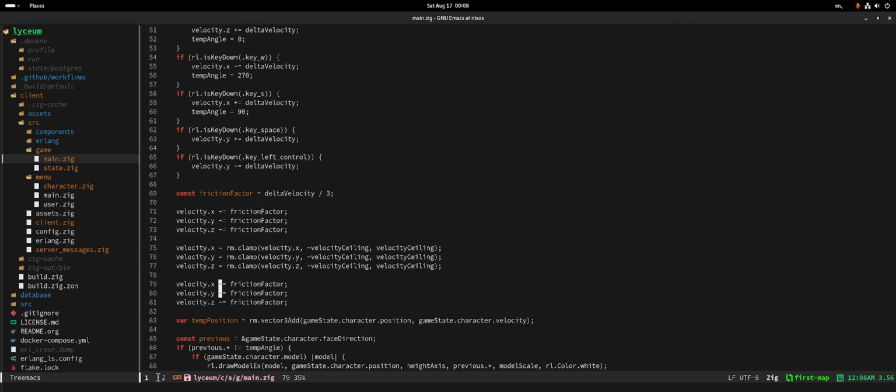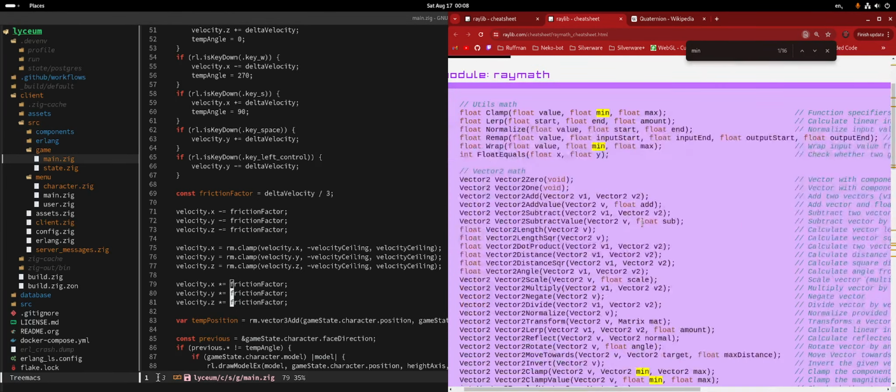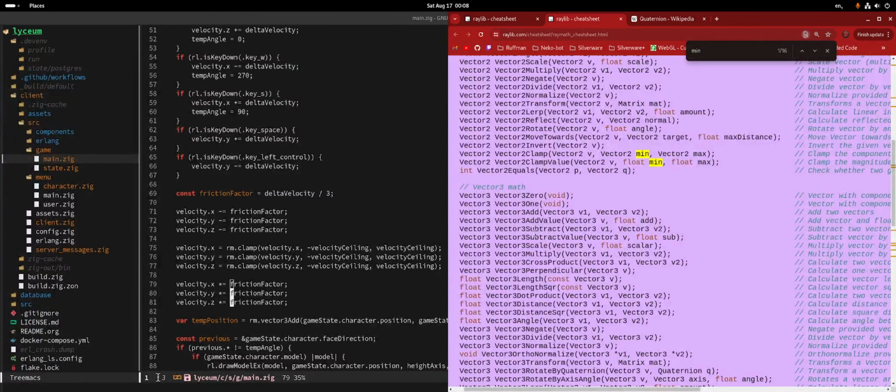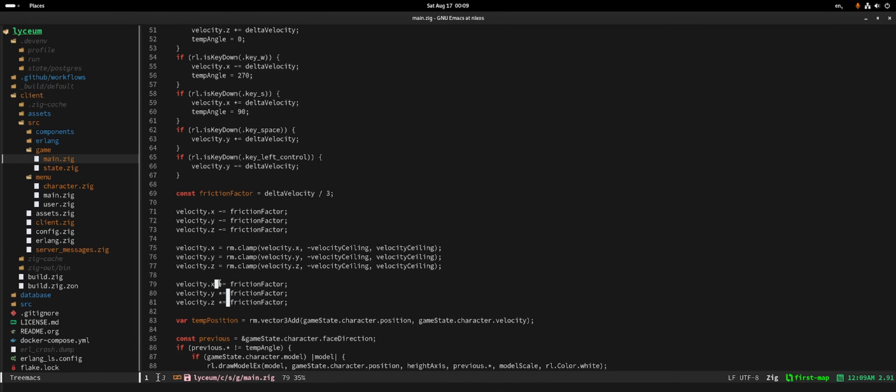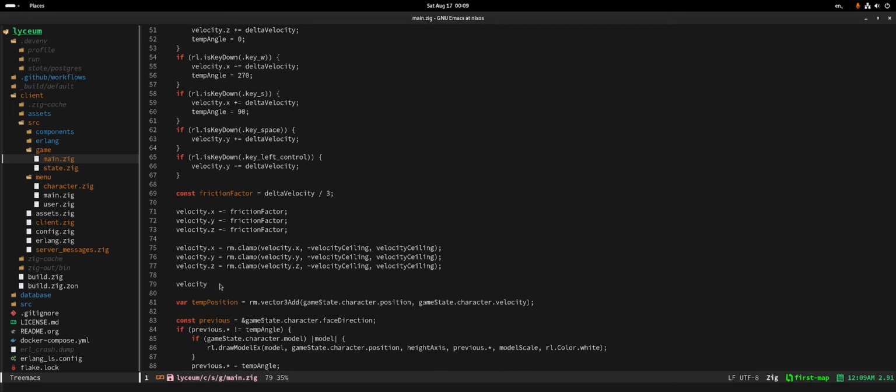So what you're saying is this. Don't we have a vector multiplication somewhere in raymath? Because we can just do a vector multiplication like Vector3 multiply, or Vector3 scale. Yeah, Vector3 scale. We just multiply the velocity by the delta time and add that to the position. That makes total sense. Okay, so it's gonna be really pretty. Let's see. I'm gonna say that the velocity is Vector3Scale, and I'm gonna scale velocity by the delta time, the delta velocity, right? That should